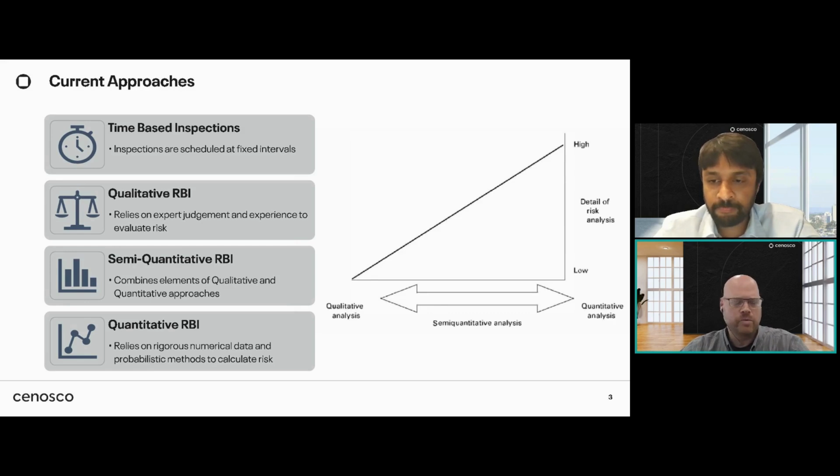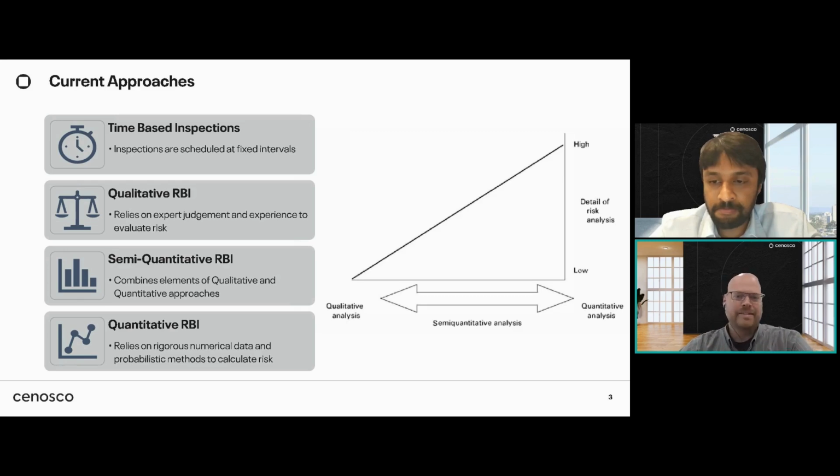Finally, we have these quantitative approaches. Currently, this is the most data-intensive approach in use. So these quantitative approaches collect detailed numerical physical data from equipment. They use statistical models and apply probability calculations to assess risk. Think of using sensor data to predict a pump's failure probability based on vibration patterns, temperature, or predicting corrosion rates in pipes based on